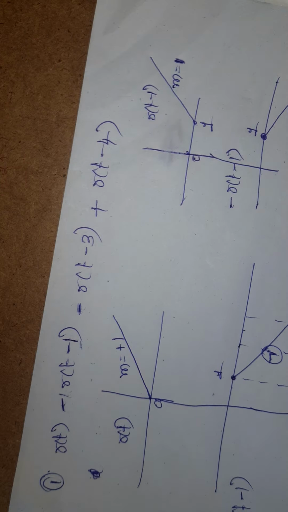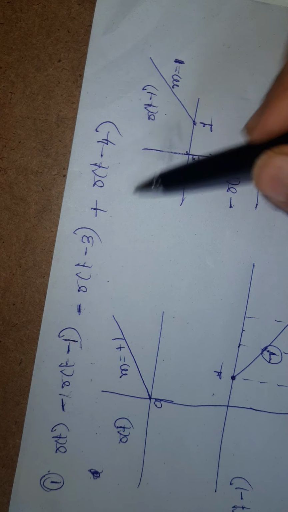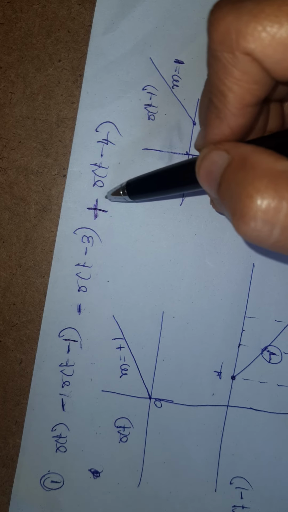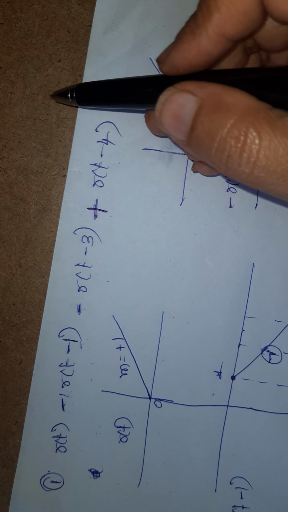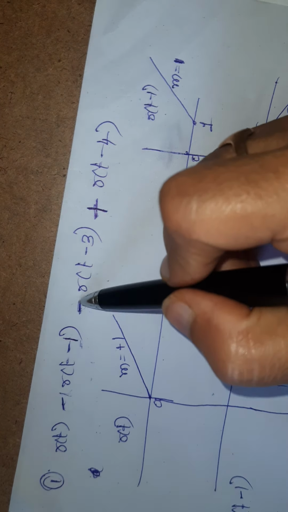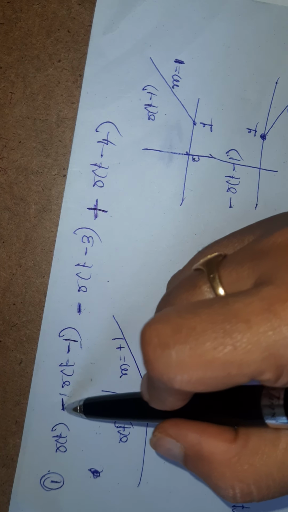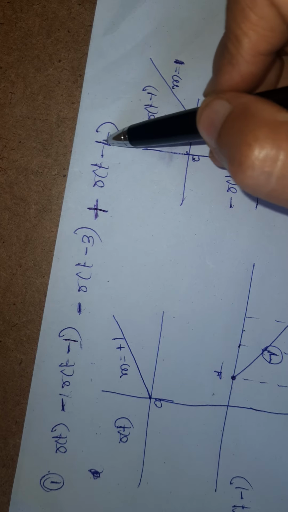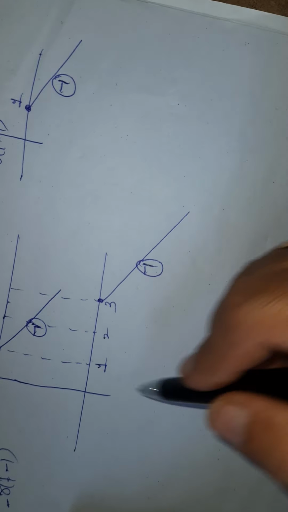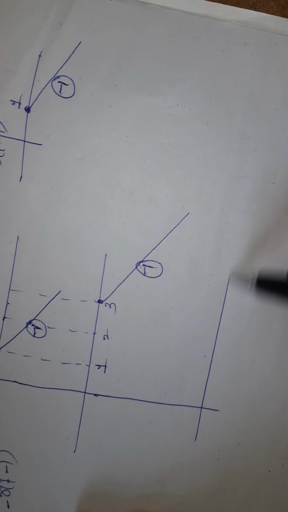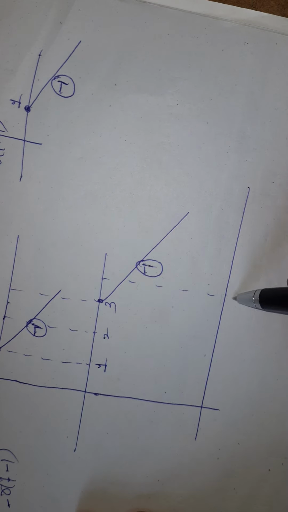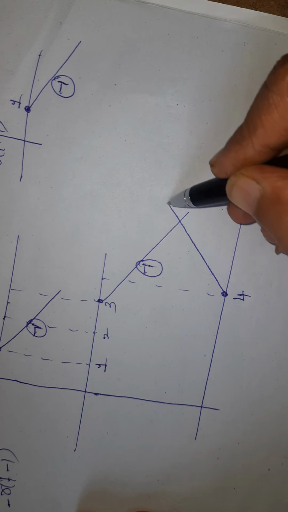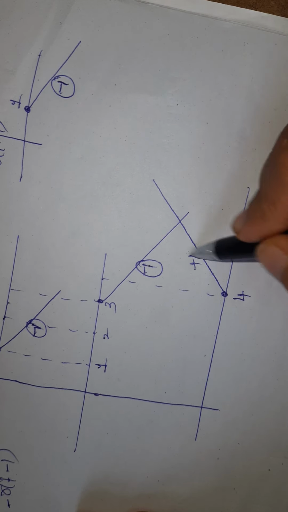Next I am having R of t minus 4. So it is having plus 1 slope, a rising slope. It is not a falling slope. If we are having minus, it will be a falling slope. If I am having plus, it is a rising slope. But it is a delayed version, delayed by 4 units. This is around 4. From here it is rising like this, so it is having plus 1 slope.